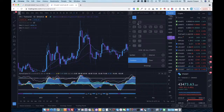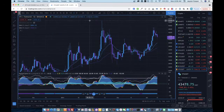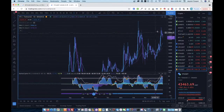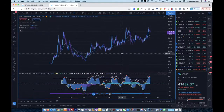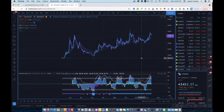Let me make it 2 right here. All right, here we go. Let's go to the daily time frame. Let's zoom out a little bit. And what I want to do is mark out the daily levels, and I want to look at the Bitcoin price action, because we're seeing something extremely significant, something that we haven't really seen since we broke